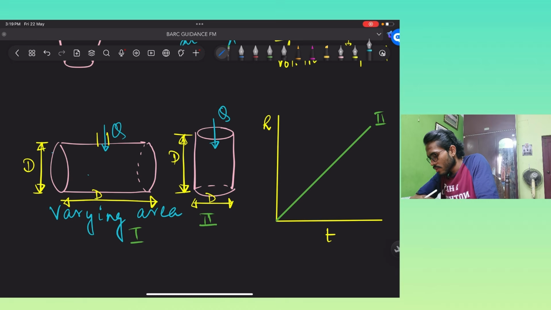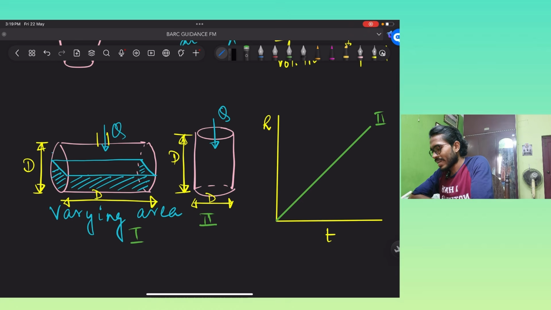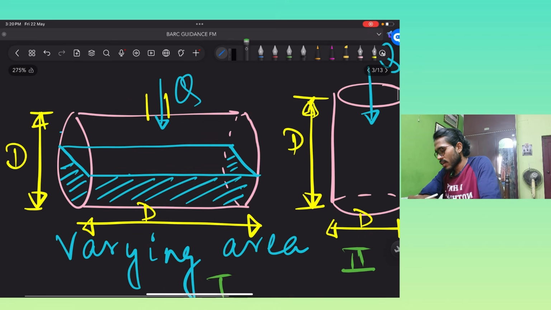Okay, so if this is the height, you see that this is the filled portion of water. Okay, this is the filled portion of water, and my area is this here, you see, area is this here. So what is happening, if you see very carefully, I am just zooming in on it,